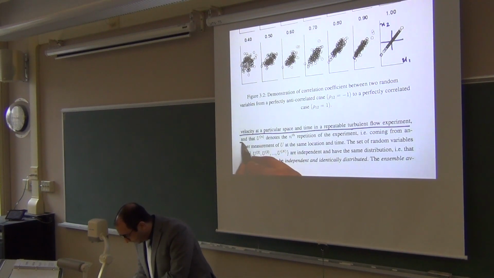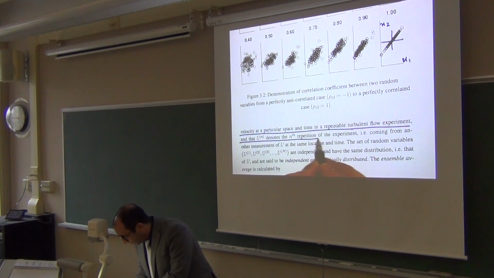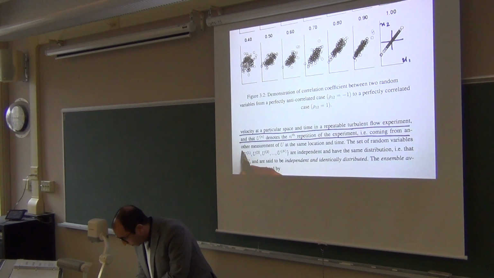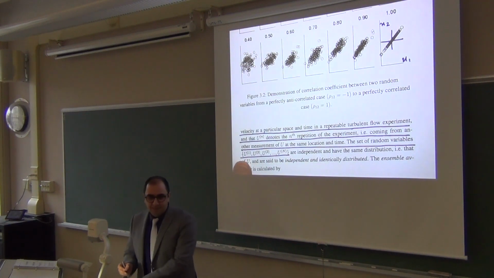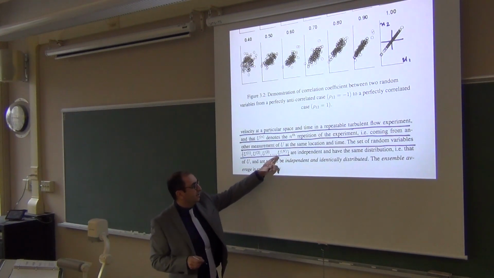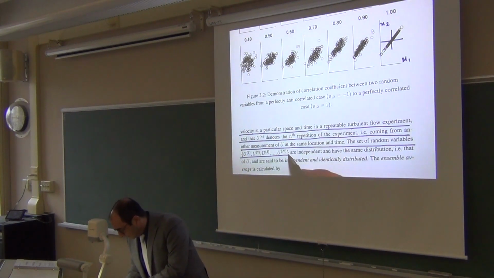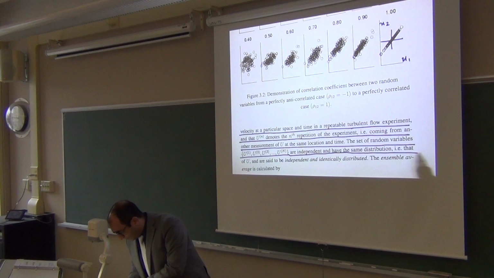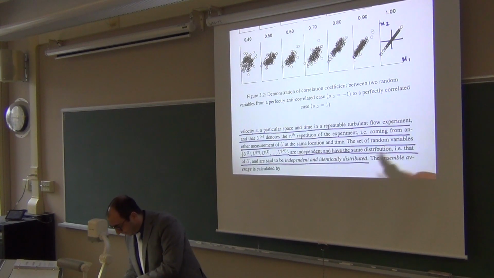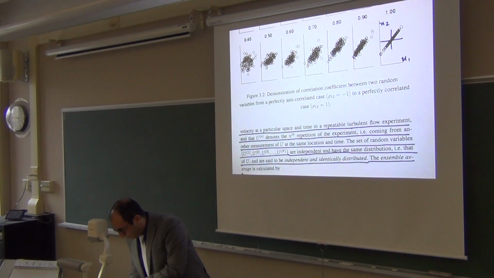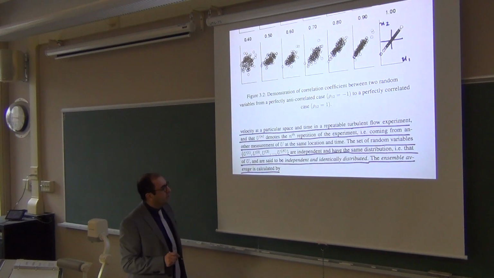Then U_n denotes the nth repetition of the experiment, i.e. coming from another measurement of U. Then the set of random variables that come from different experiments, U1, U2, U3, and Un, if you did this measurement n times, should be independent and must have the same distribution of U. So these are independent, identically distributed. Then the ensemble average is calculated by,